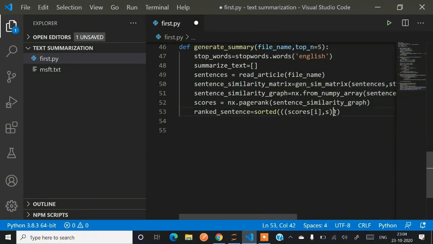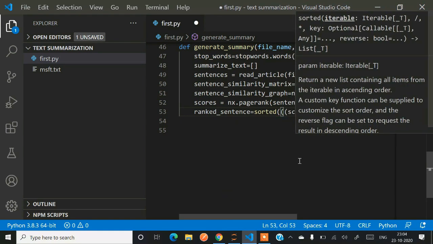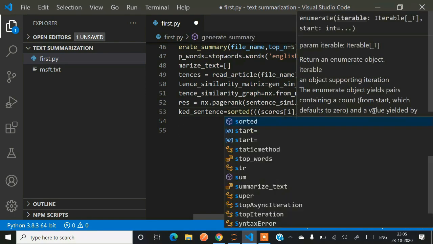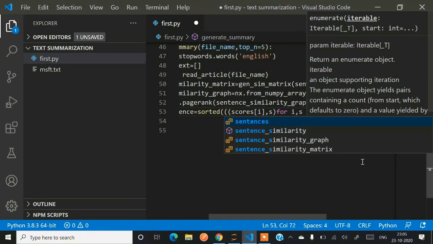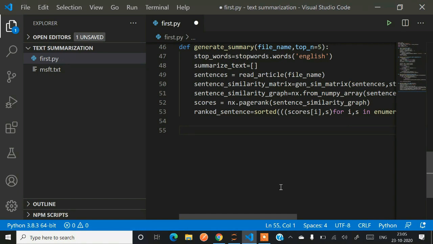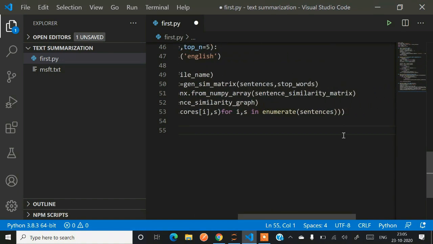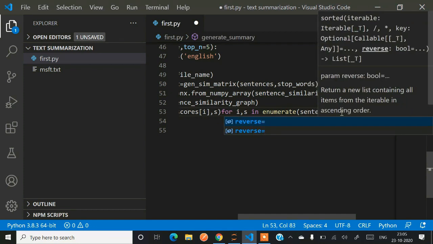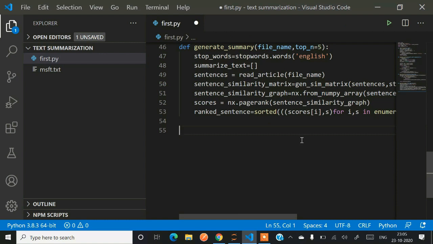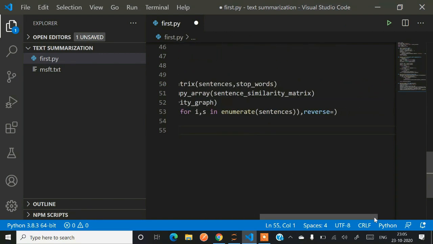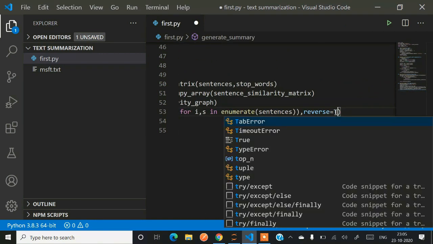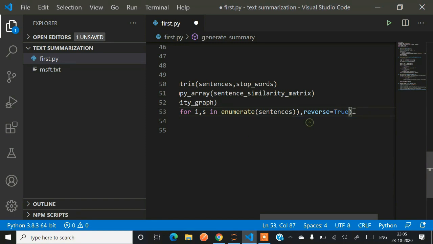Now we are iterating through the sentences. Reverse equals true because we need the sentences sorted in top-down order, for example in descending order, so that we get the top picked, like we can pick the top correlated sentences. So just reverse equals true. So this is the function for generate summary.